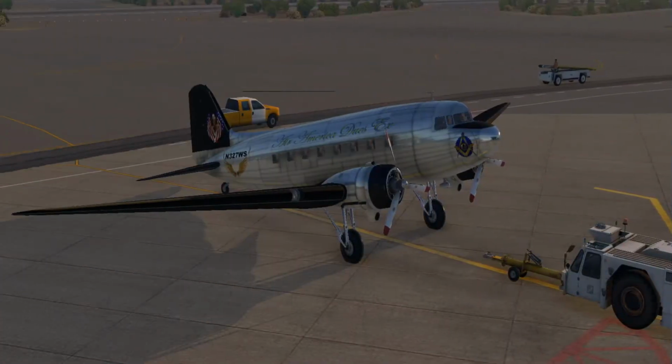Well, hello once again. This is Bug Eater 64, and we're getting ready to take off from San Francisco International and head for Phoenix Sky Harbor. We're going to be flying the VSkyLabs DC-3 again,